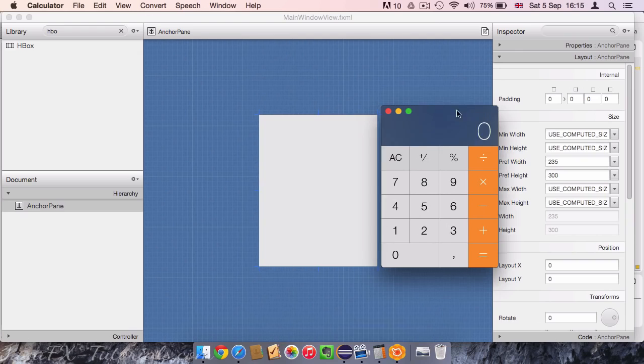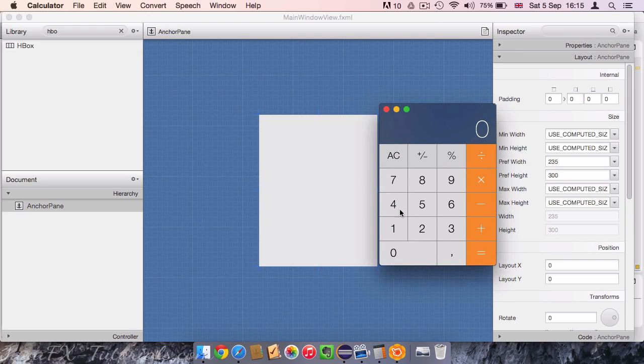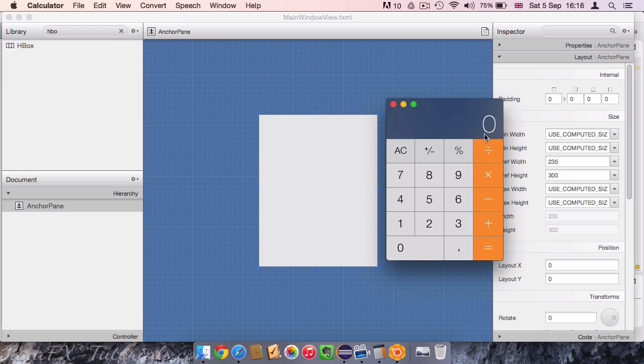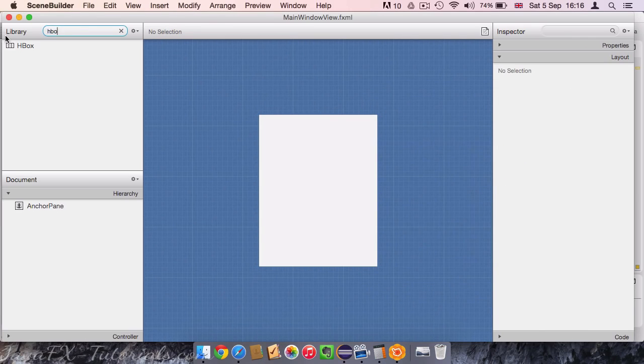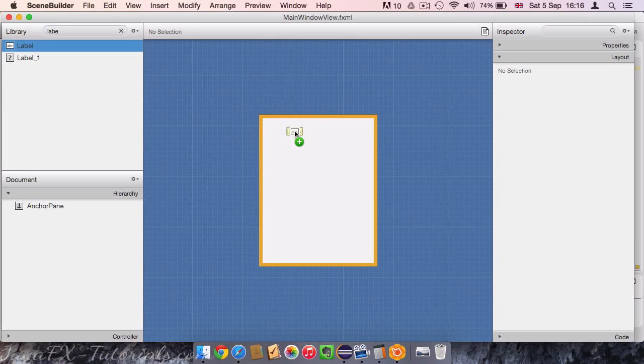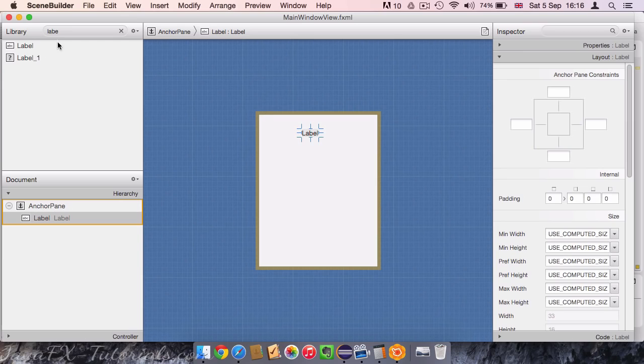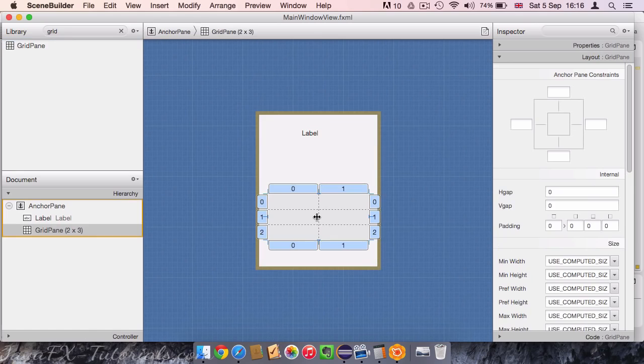But I think it is easier, because it already looks like a grid to me, to just use a grid pane for this lower part here. So what I want to do now is put a label for now, or just a text area or something like this, and then I create a grid view. Okay, so maybe let's for now put a label in on the anchor pane, and then a grid pane. I will just drag them both on this